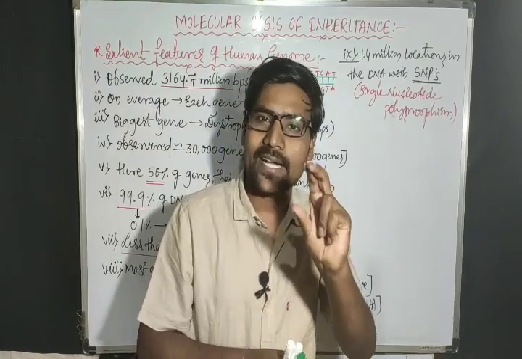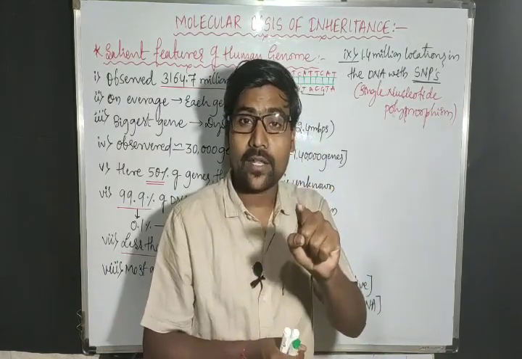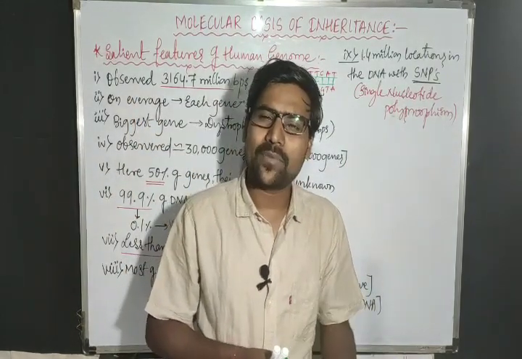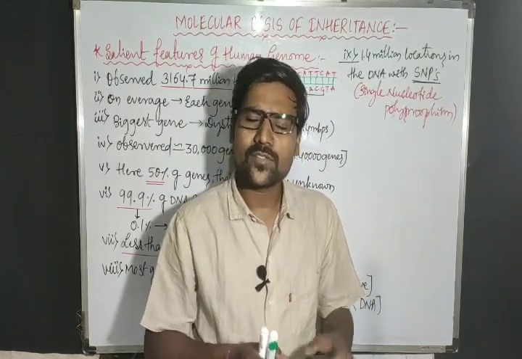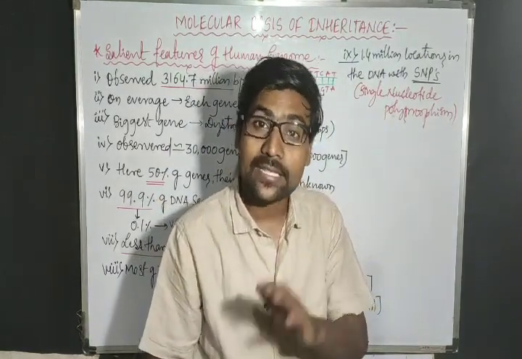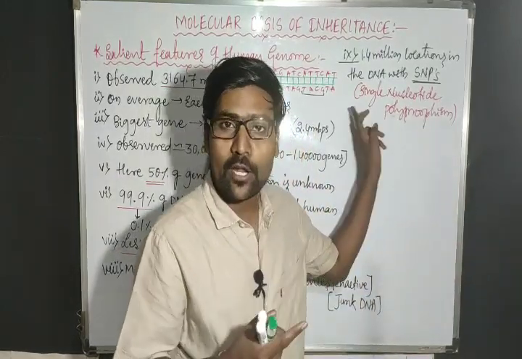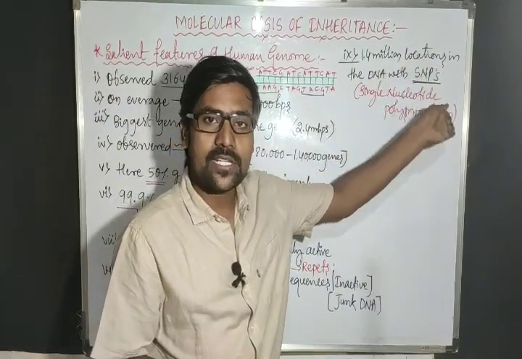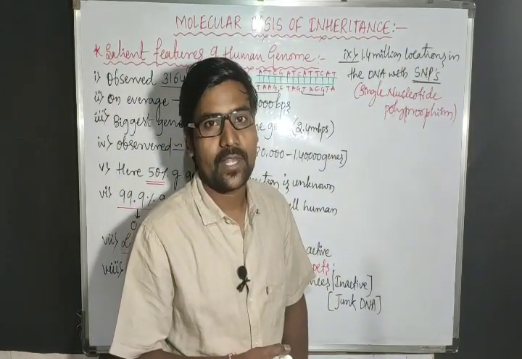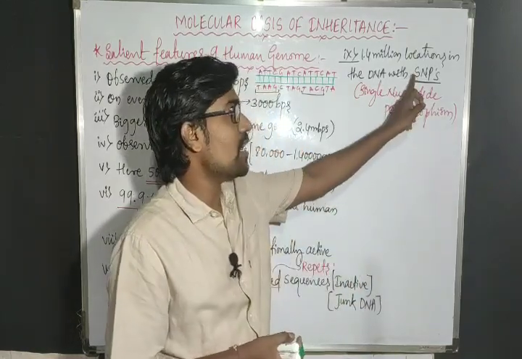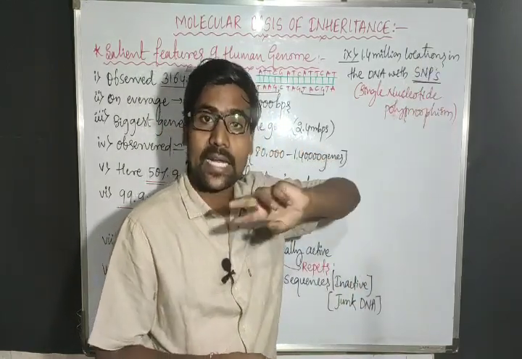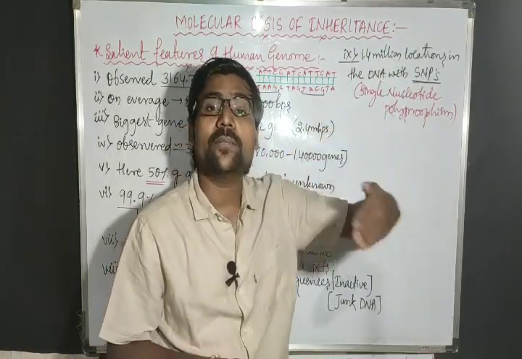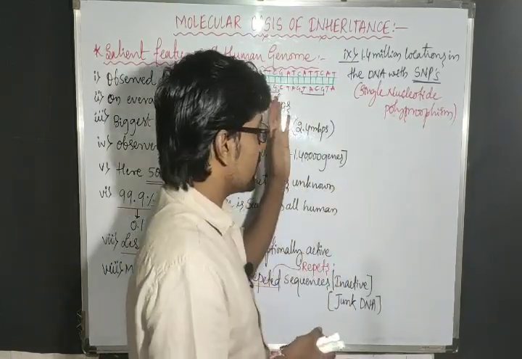If you consider red color, in red we can see 100 different varieties: dark red, medium red, pinkish red. So many different varieties we can observe. In the same way, in one character we can observe polymorphism, because in that gene a single nucleotide gets changed. Such single nucleotide changes are repeated about 1.4 million times in the DNA. That is a very interesting thing.